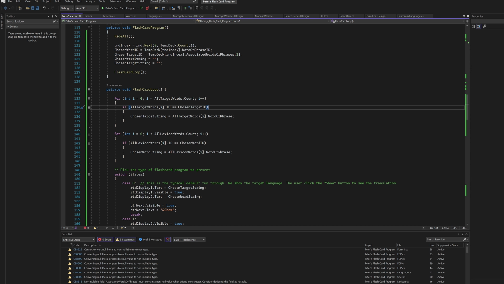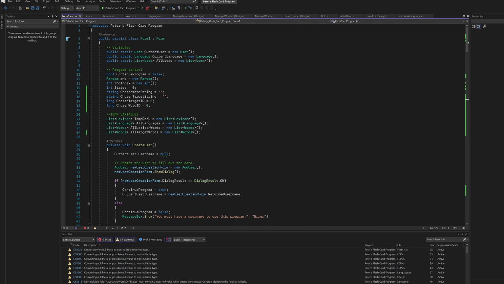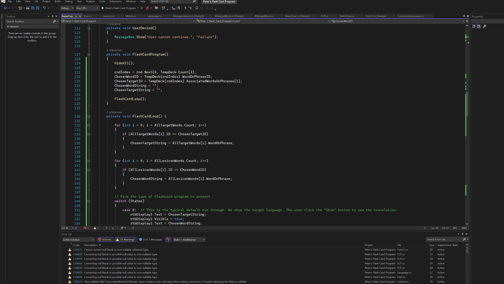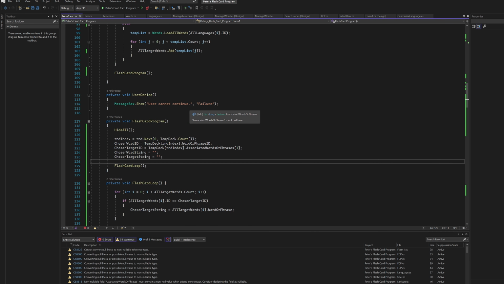Okay, well, this turned out to be a little bit easier than I thought it was. I needed to remove the prefixes that I had here, so it was already chosen word ID. We didn't need to declare it again. And also, these were declared as ints, and they needed to be long. So now that we've got that, I was like, the logic definitely should have worked, and now we can see